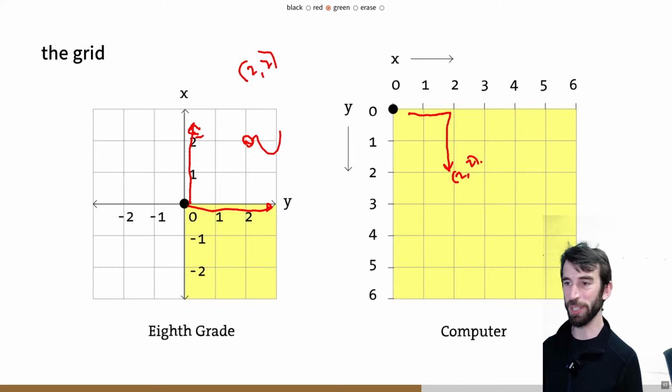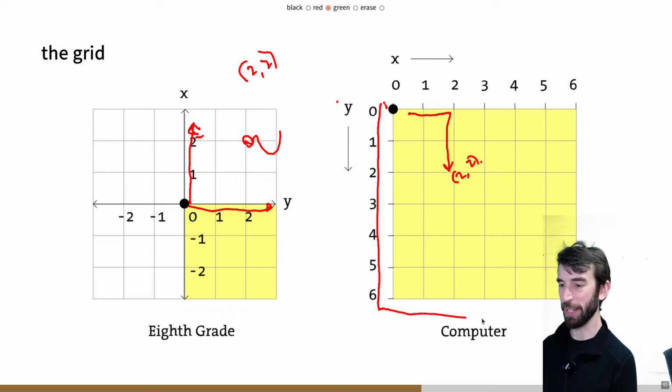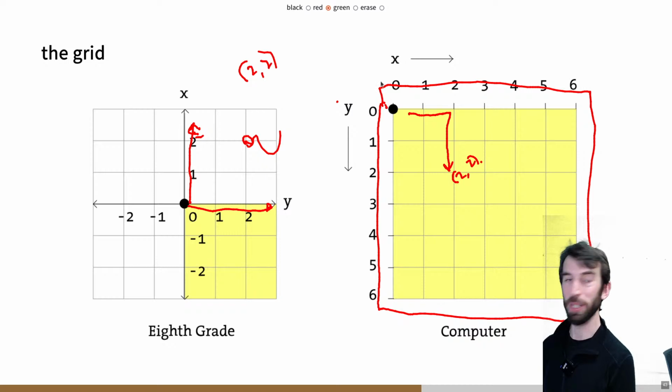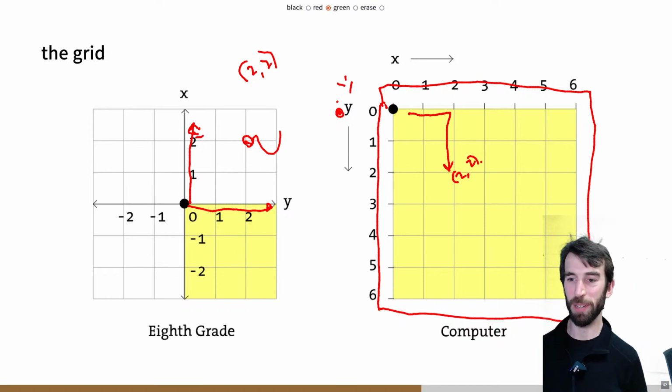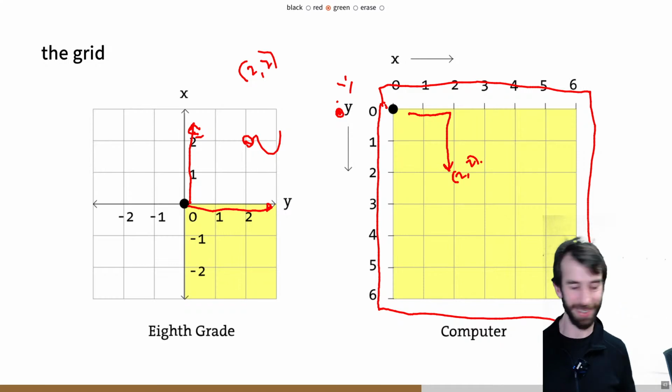Yeah, both x and y have positive numbers. I suppose you can use negative numbers, but this is the left hand edge of the screen, right? This is your computer monitor or your window. And if you do -1, you're going to be off the window or off the screen, and you won't be able to see something you draw there. So we do tend to only have positive numbers for our locations in computer graphics, and they go to the right, and then down. Just trying to get the orientation right for you folks out there in computer land.